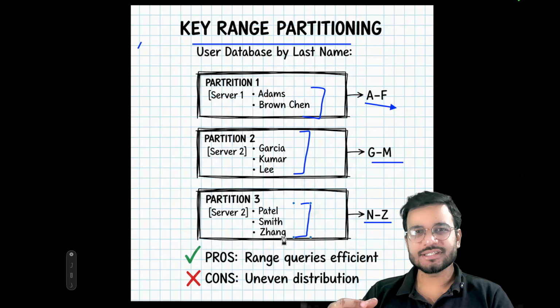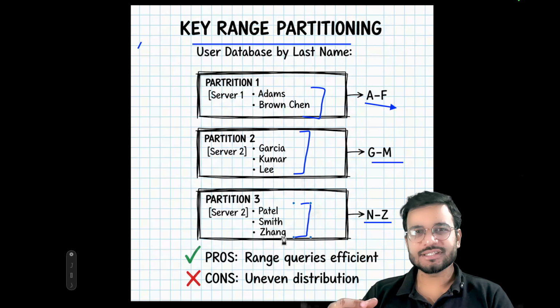That way, one partition becomes very heavy, but other partitions are light, and the load is also very heavy on partition 2. So that is why it can be a problem if one type of name is too common, and it can create a load on one partition over other partitions.